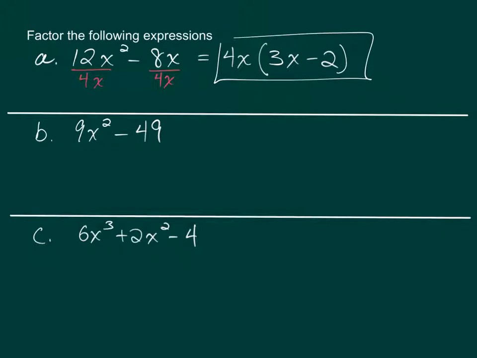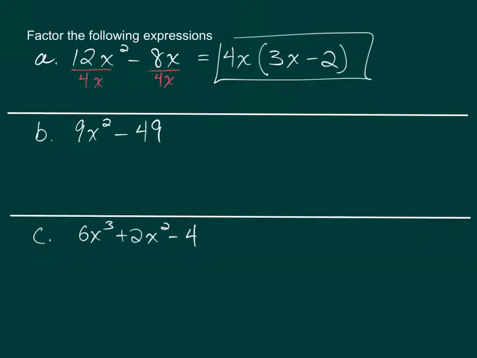Part B, we need to look for a common factor. We can't divide 9 or 49 by something other than 1 evenly. And we cannot take a common factor of x because the first term has x's, but the second term does not. But we can notice that 9 is a perfect square number, 49 is a perfect square number, x squared